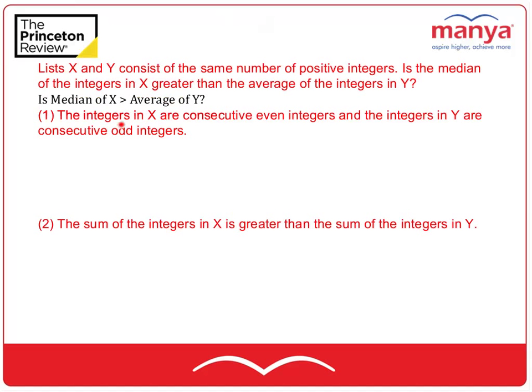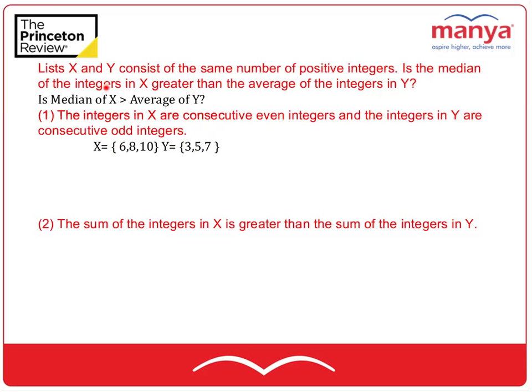The integers in x are consecutive even integers and the integers in y are consecutive odd integers. So can we do this without giving any values? It is better if you try it out with some values. But whenever you are giving values, you have to fit them with the condition given in the statement, right? So x should be consecutive even and y should be consecutive odd, and the condition in the question already is